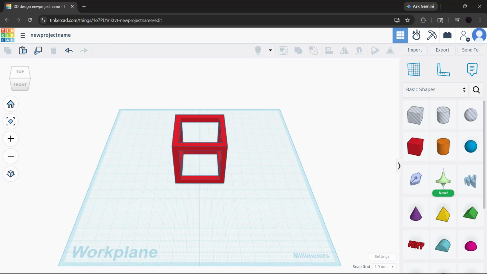If you're trying to zoom in Tinkercad without a mouse, you're in the right place. In this video, I'll show you the fastest keyboard shortcuts and the on-screen buttons you can use to zoom in, zoom out, and fit your design on the screen. This is a super helpful trick if you're working on a laptop, using a trackpad, or just want a faster